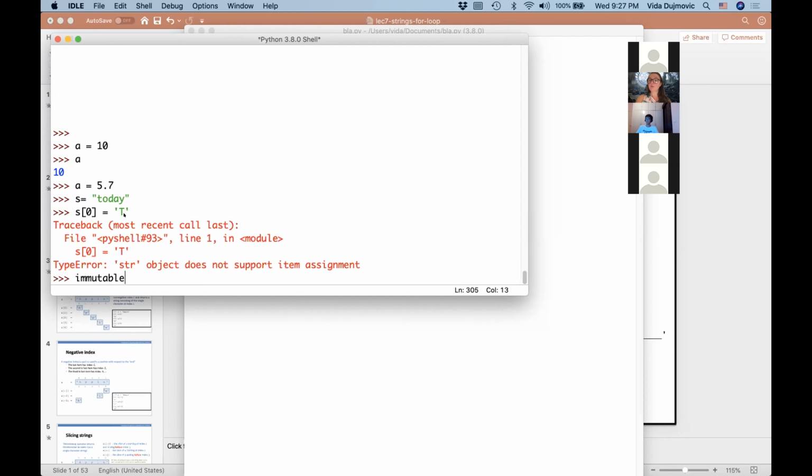That will not be, for example, the case with lists. Next week, we're going to learn about lists. They're called arrays in other languages. You can change individual elements of lists, so lists are changeable. The word for that is mutable. That is going to make a big difference when we get to passing variables to functions.